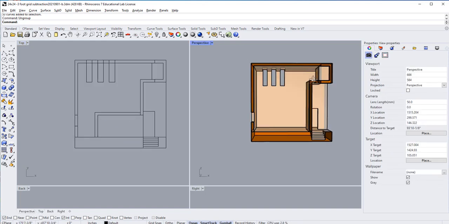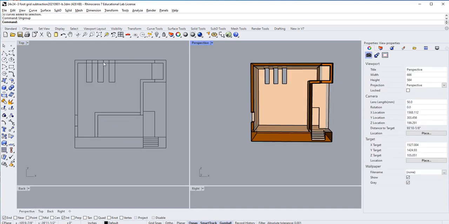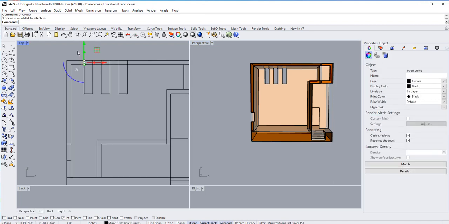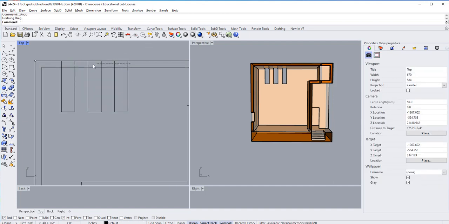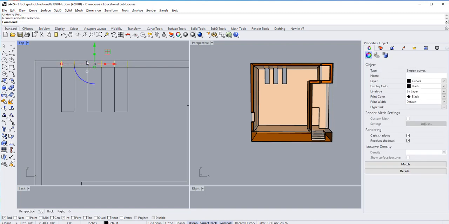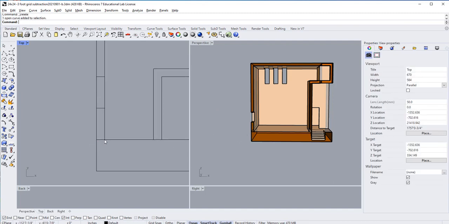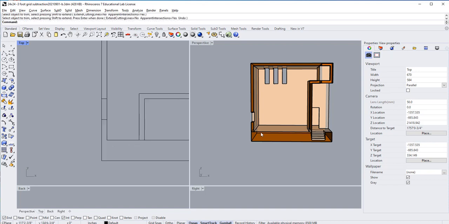But if I analyze everything here, all of this stuff I do not see. So I could probably just, whoops, Control C. I could probably just select by crossing and delete them all. This one I want to keep because I'm cutting right through this thing. This part right here, I probably want to trim. This part right here,